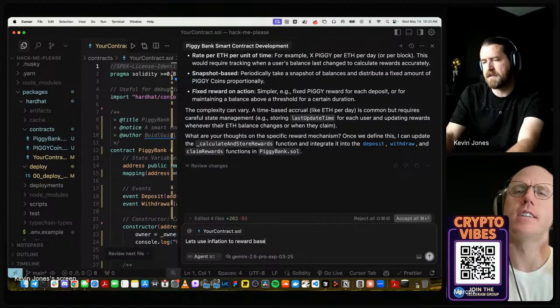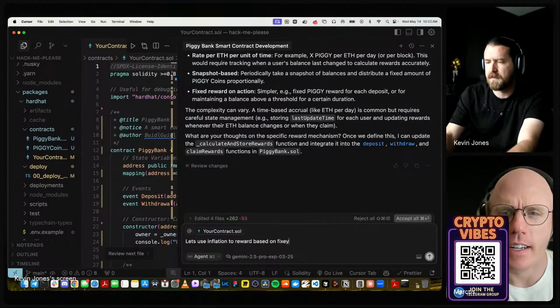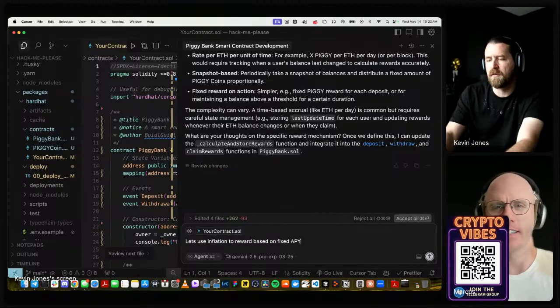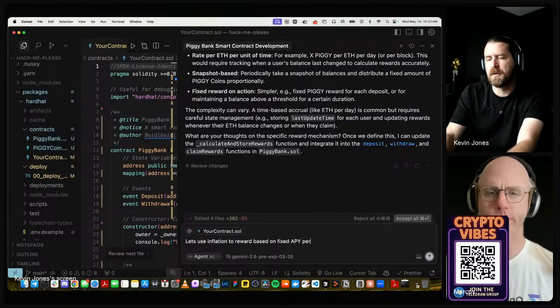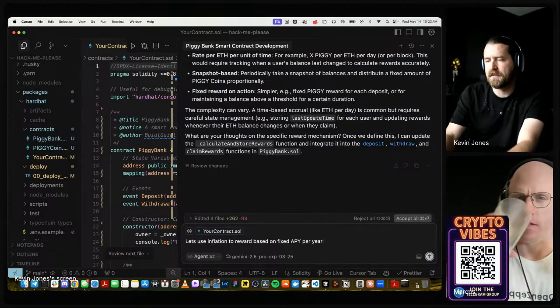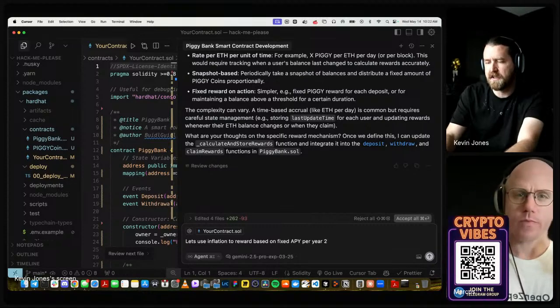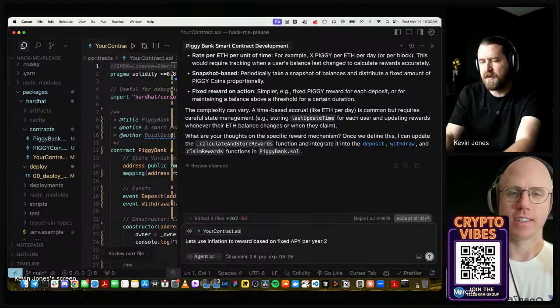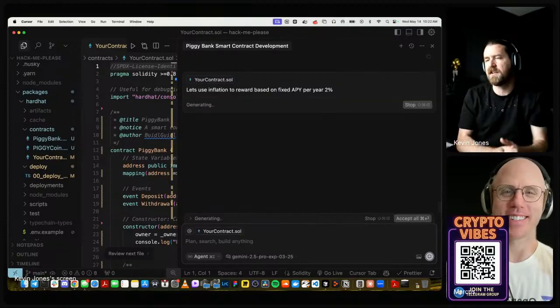Okay, based on a fixed APY or something. Nice. So it's asking me how I want to reward. So per year or something like, let's just give a really crappy percent, something like 2%. We're not going to beat inflation. So okay. Someday